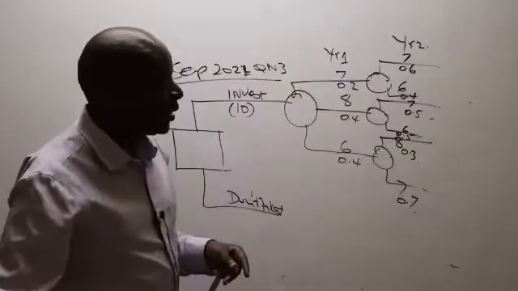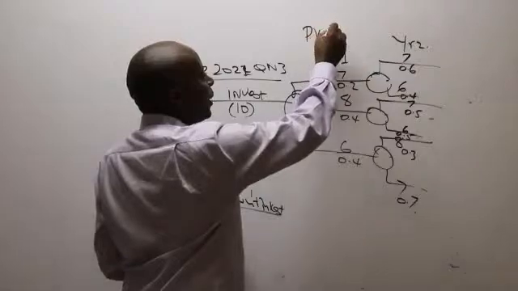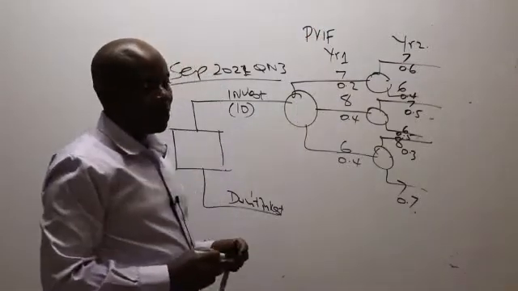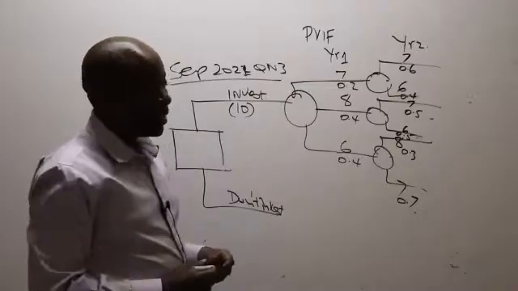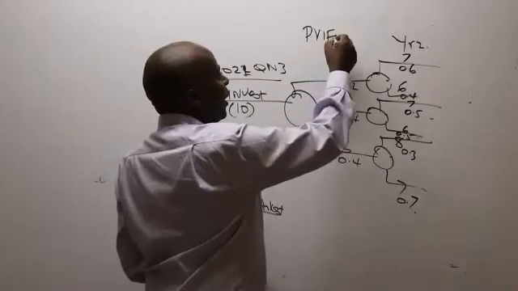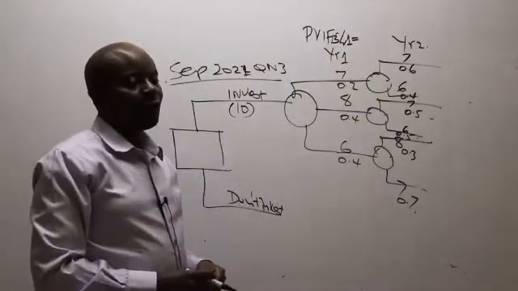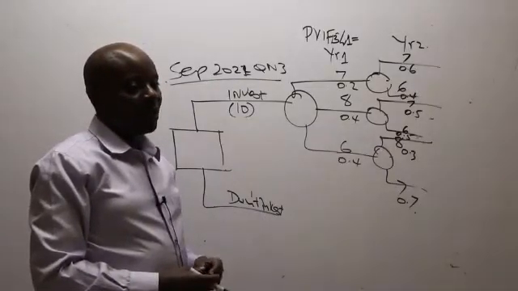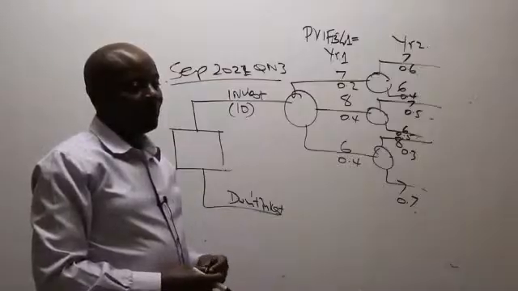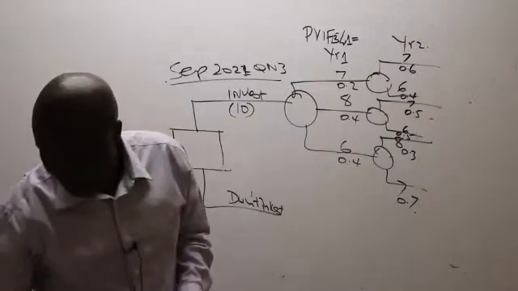So ladies and gentlemen, what I'll do very fast here is to ascertain the present value interest factor. What is the cost of capital given in the question? 13%. So 13% end of year 1. Is there somebody who can give me this figure from your tables? PVIF, 13% end of year 1.